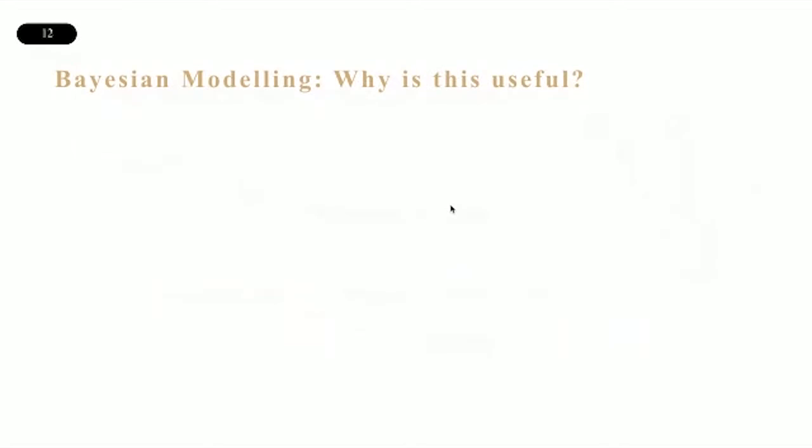Question now: why is this even useful? Why don't we just take a point estimate? First of all, uncertainty is taken into account, and taking uncertainty into account is intuitively right. Don't you agree? We're never sure about the prediction we want to make, or we're never sure about possible values. So what we do is say, like, 50% that value, 30% that value, 20% that value. So it's good if we incorporate the human way of thinking into our statistical modeling as well.